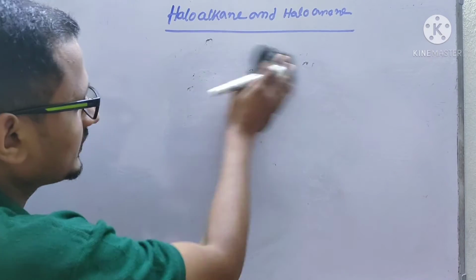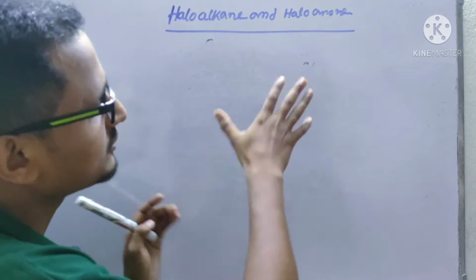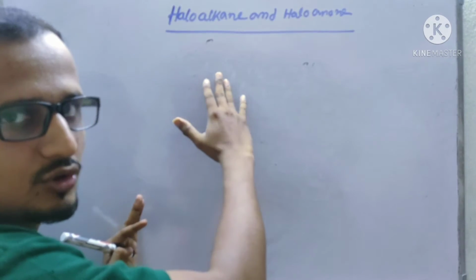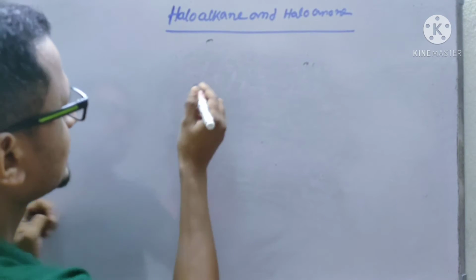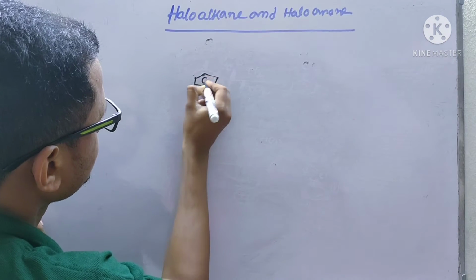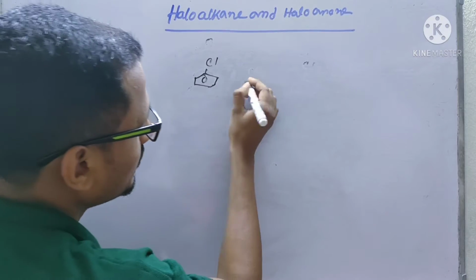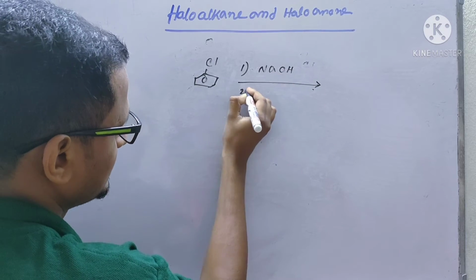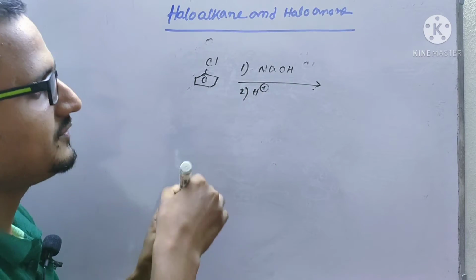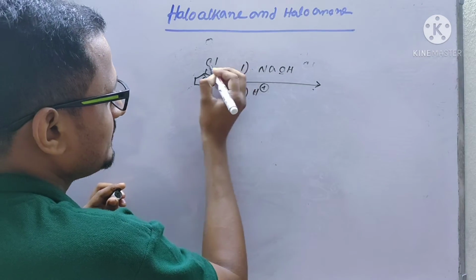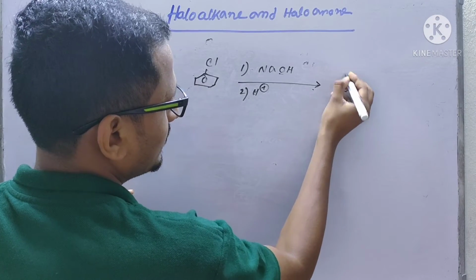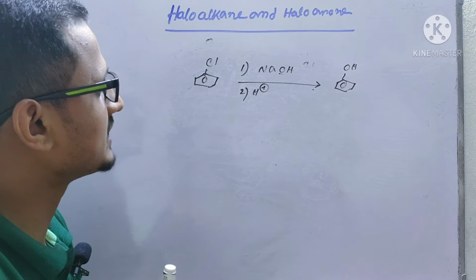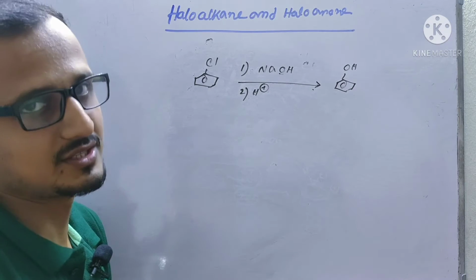Okay, now next you see, this chlorobenzene we have prepared. Now this chlorobenzene can be converted to phenol. To convert to phenol, we have to treat this one with sodium hydroxide and after that H plus. That means OH minus will replace this chlorine, so you will get phenol. But what I am telling is that this reaction is nothing but a nucleophilic substitution reaction, because